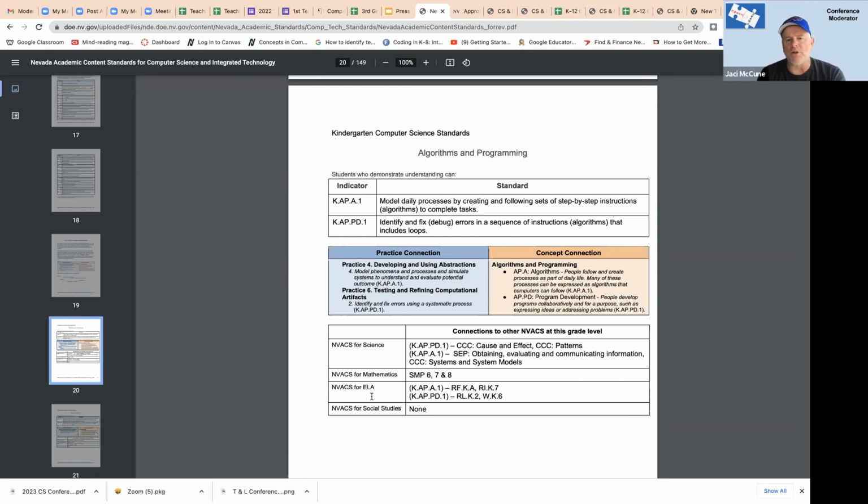Below most of the standards in this document, there are the NVACs that have been crosswalked to other subjects that would correspond with this standard to help you teach it. For science, there's cause and effect, patterns, evaluating communication systems and models. So there are some science connections there. For math, it's the